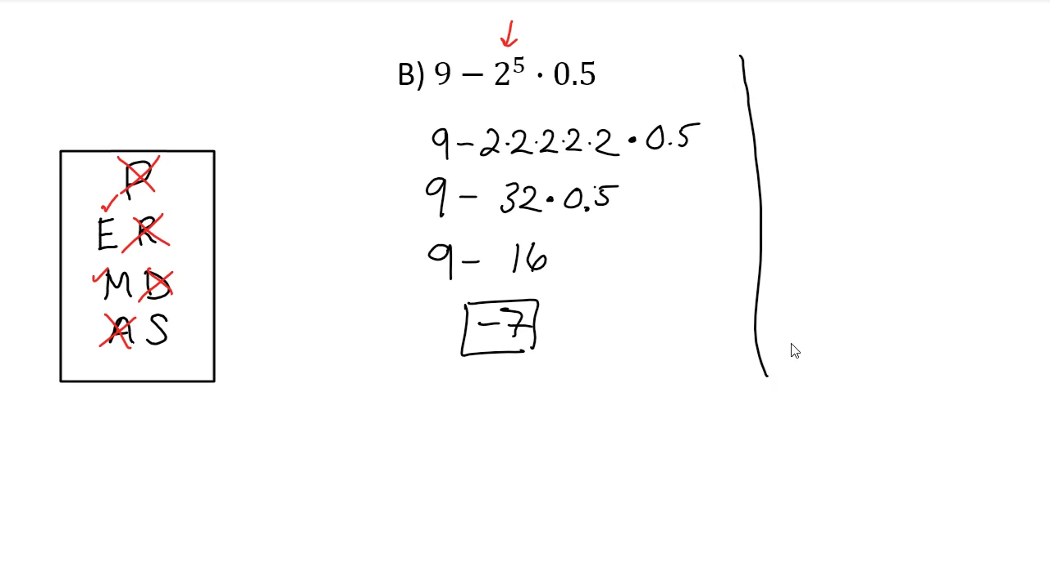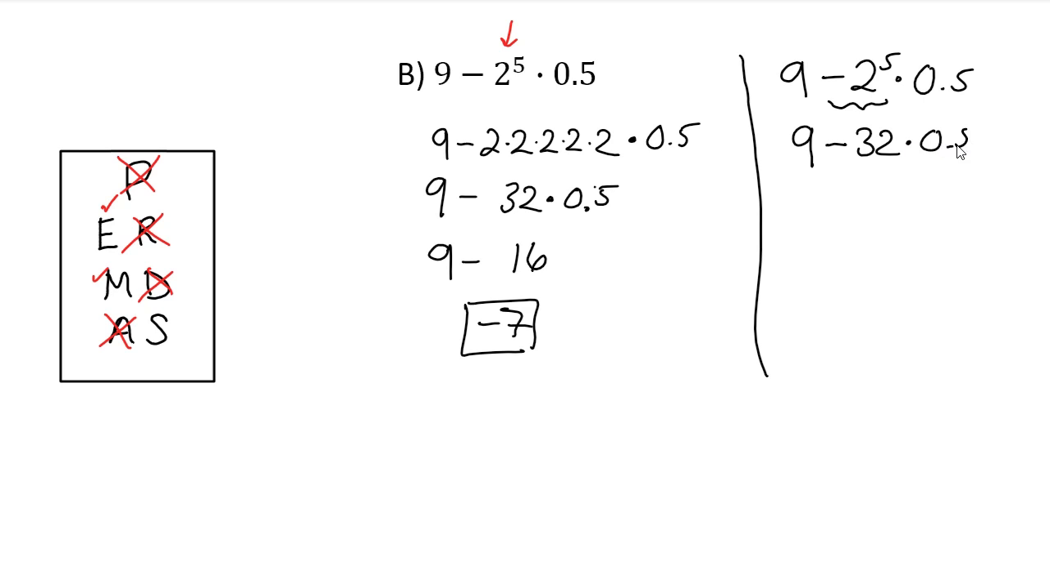Now here's something else that you could do instead. 9 minus 2 to the 5th times 0.5. Given that we still have to take care of exponents first, go ahead and simplify, meaning evaluate it. So what is the value of this power 2 to the 5th? You could go ahead and say for the next step that you're going to have 9 minus 32